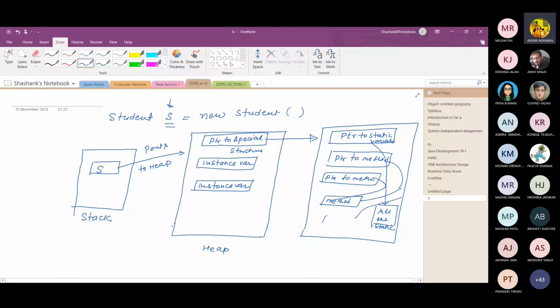So here you can see that instance variable memories are created in the heap, and the reference variable memory is created in the stack. Method and static variable memory is created in the method area, and with the help of internal pointers, all are accessed. Fine. So there is an internal concept of pointer, not external. Internally it works as an implicit pointer. These are all called implicit pointers, not explicit. Explicit pointers are used in C programming type of language. So this is how the memory areas are accessed internally.